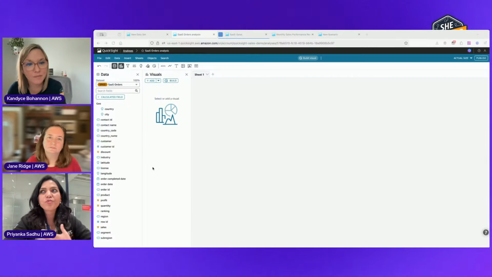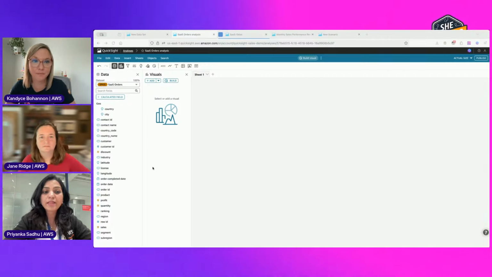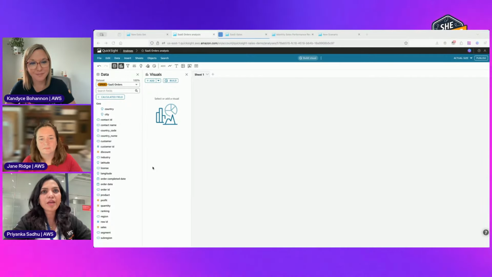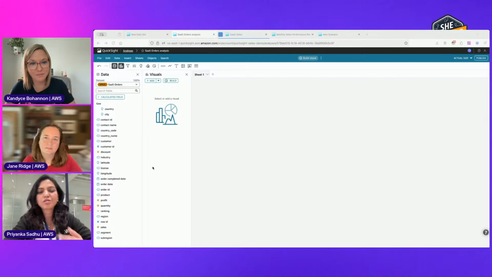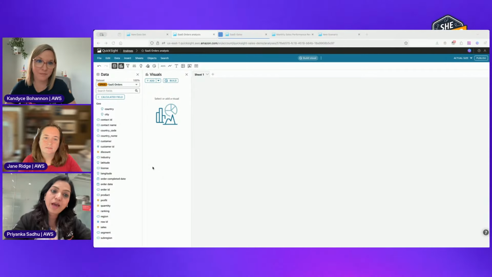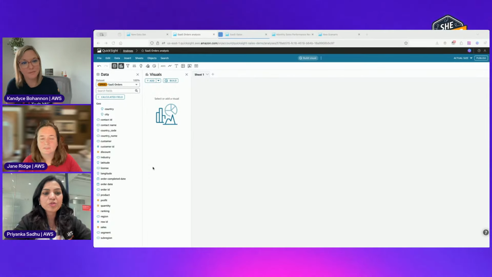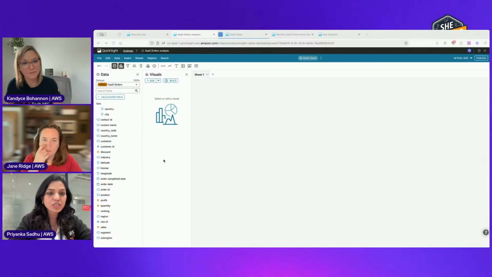If you're new to QuickSight, probably you would think, oh, maybe now I need to learn how to use this new tool. And this is where I get a lot of questions from my customers as well. They love QuickSight. And before the natural language part came in, they were like, oh, my team uses certain XYZ product. Now they need to learn and spend so much time here. But I don't think my team has that time to invest in a new tool. Although we like it, we will not be able to adopt it right now. And this is where things accelerate, and we are going to see it now.